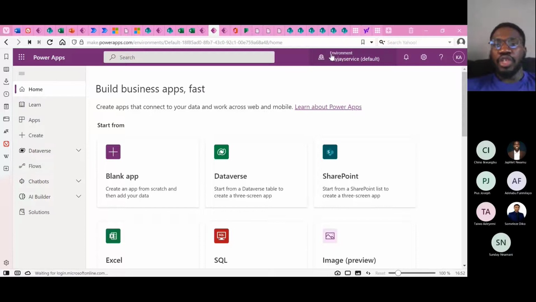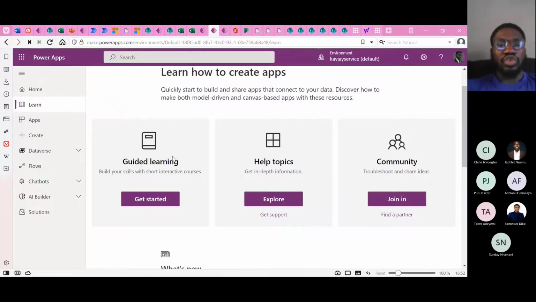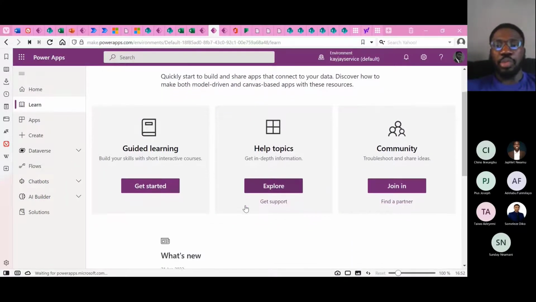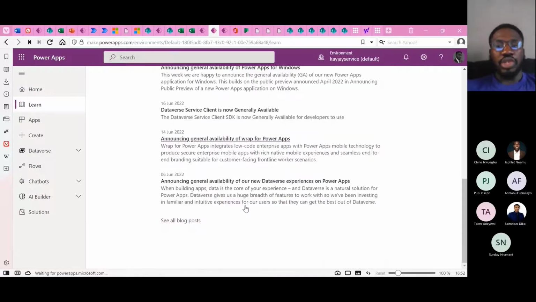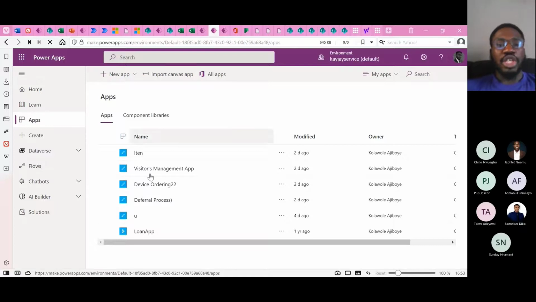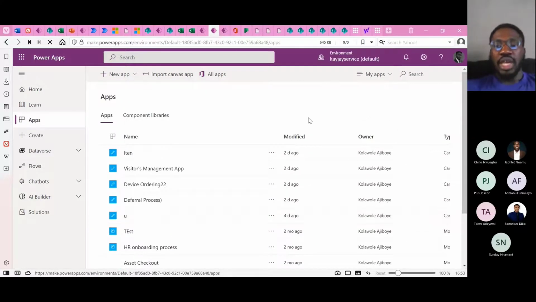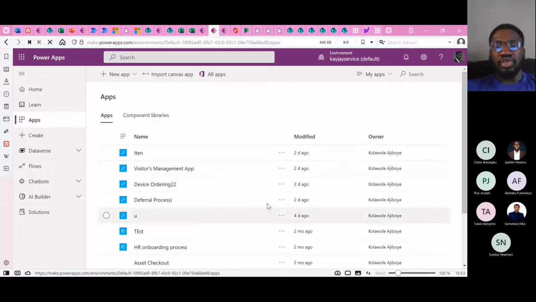You have the environment you are logged in, you have the tenant you are logged in as well. So here is the learn, whereby you can actually learn some things, help topics, community. This is basically talking about the Power Platform business, and also we have the apps part of it. This shows the list of applications that you've actually built, right? These are applications built some days and some months ago, and also you can create a new app